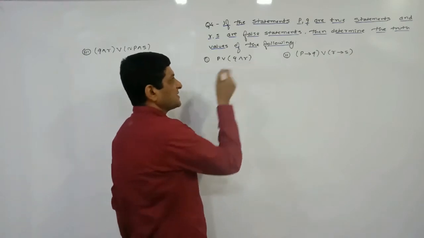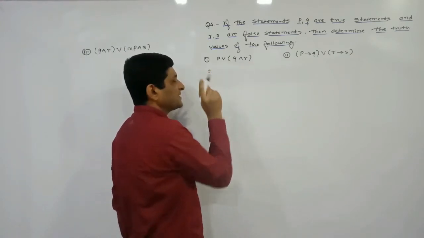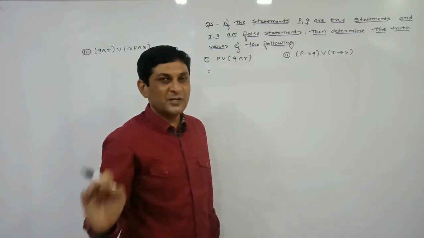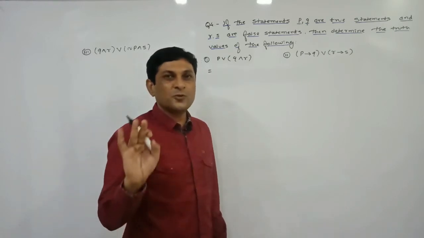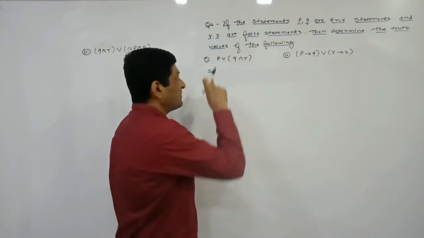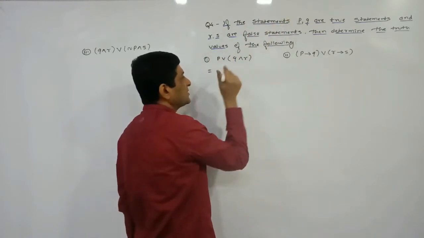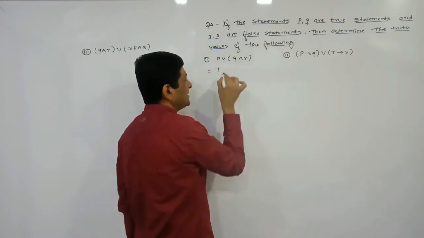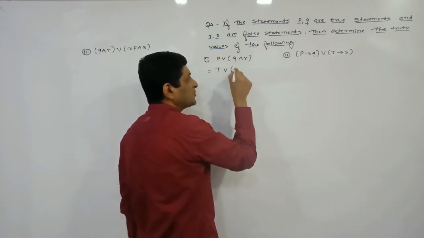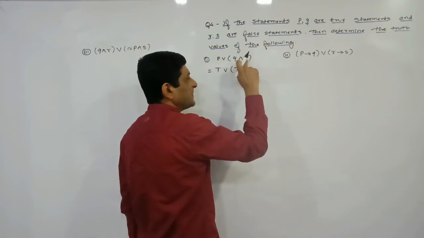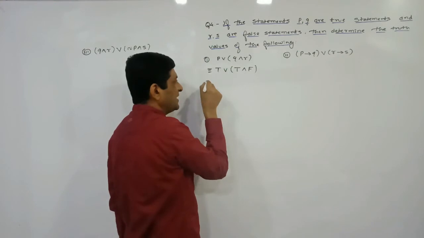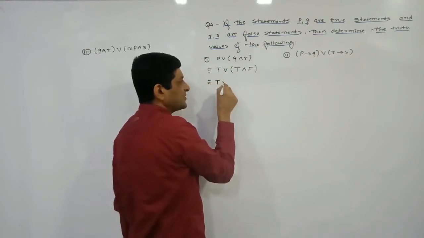So observe the first statement. Whatever the statement may be, we are only replacing the small letters by their given truth values. We are not disturbing the logical connectives, and we are not disturbing the brackets either. So replace this P by its truth value. It is given to us that the truth value of P is T. Keep the bracket as it is. Replace Q by its truth value T, and as it is, replace R by its truth value false, because it is given to us that R is a false statement. Let us simplify it. T, keep it as it is, OR also as it is.